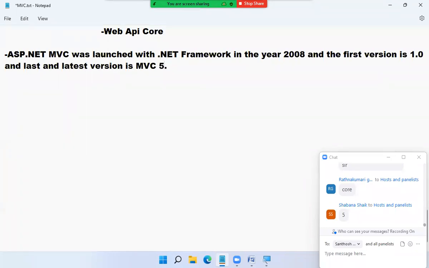Is that clear, all of you? And basically in MVC 5, we work with the .NET framework.